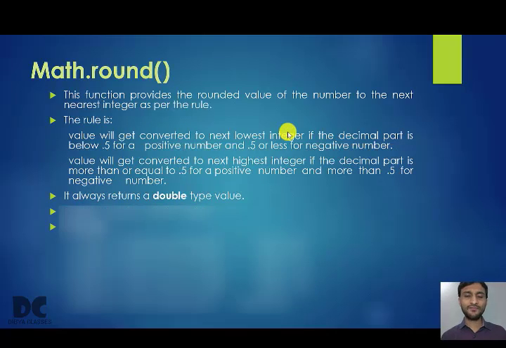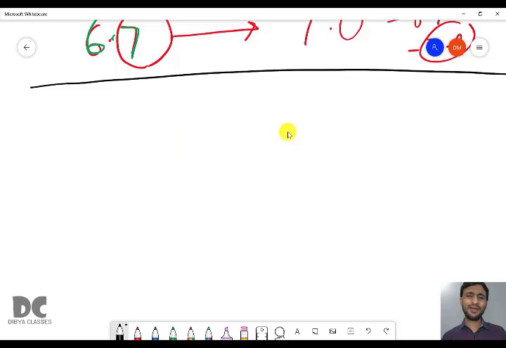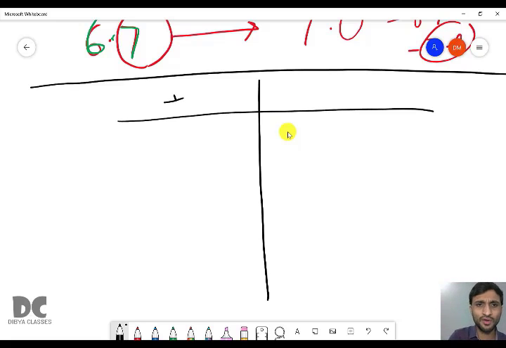So next we have is Math.round. So Math.round is actually similar to what you studied in mathematics. Okay, the rounding of value to nearest significant figures, to 2 decimal points, or to only integer part. Okay, you have done this in mathematics. So now I will tell the rules in Java. So there are 2 rules, one for positive numbers and one for negative numbers.